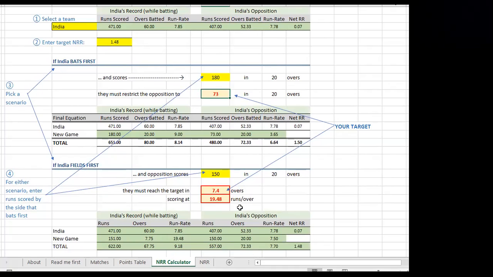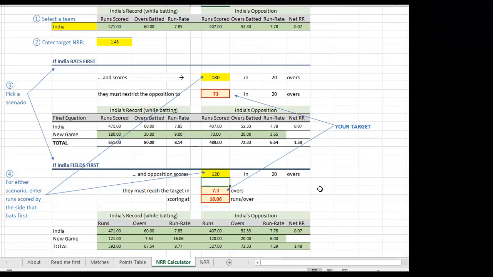Clearly, it's not going to be an easy task. But then again, when you are that far behind, the pathway is not easy. It's very steep. Now, in this situation, obviously, it goes in India's favor if they somehow limit the opposition to, let's say, within 120 runs.